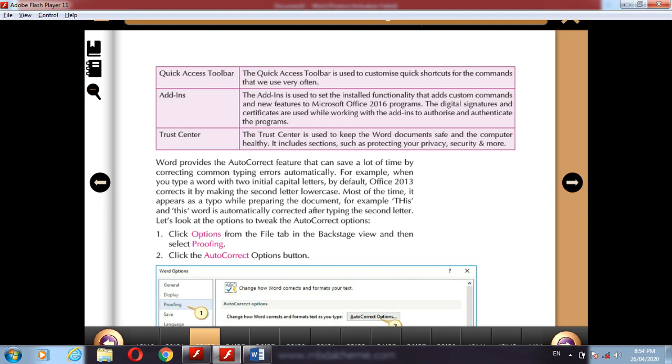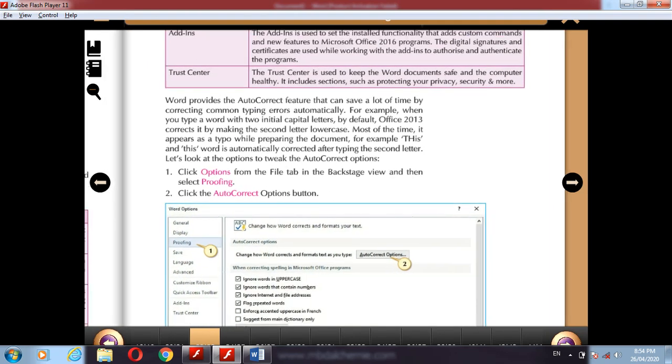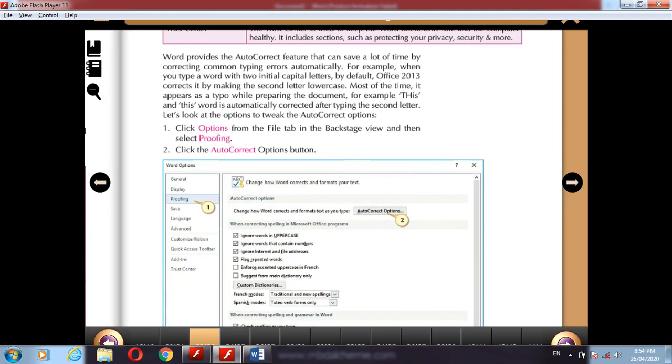Here in Proofing we select, then click the AutoCorrect Options button. The AutoCorrect option is here. We already clicked here all the options, so these are all corrected.